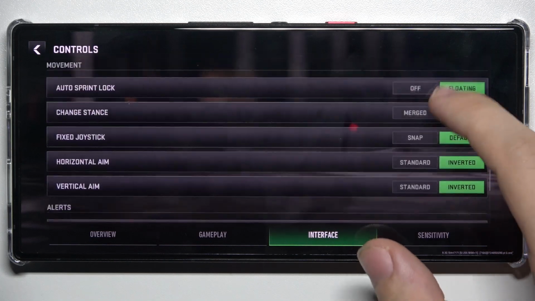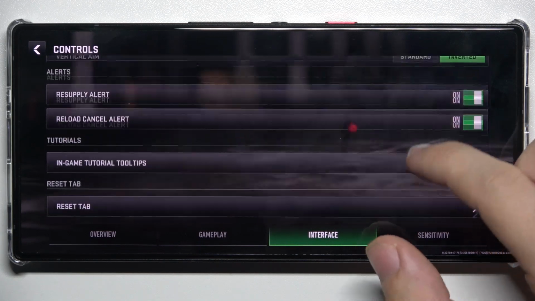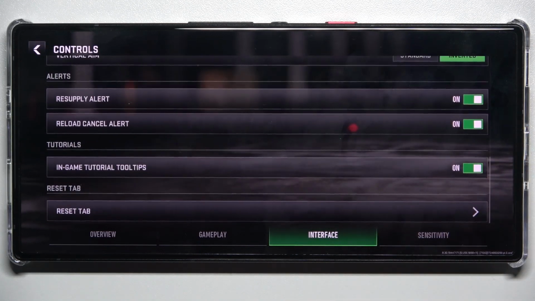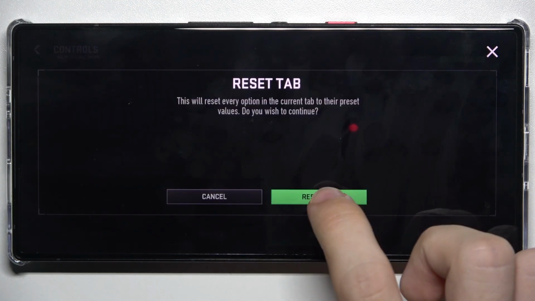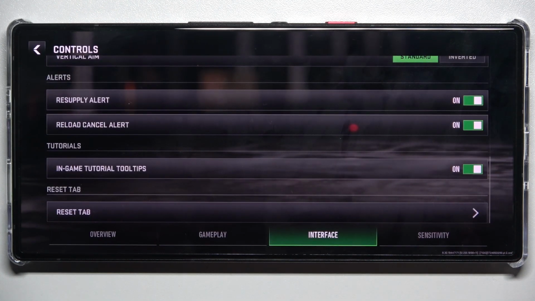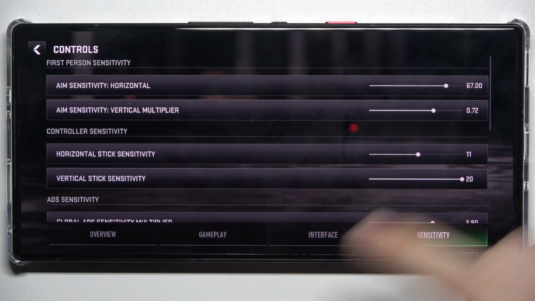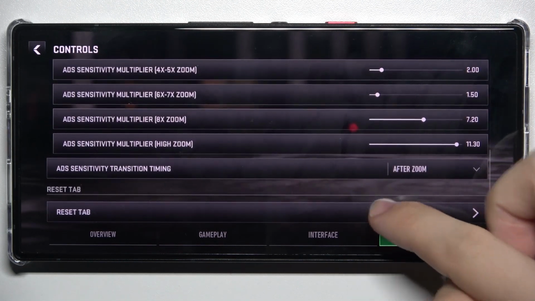interface, and if you want to reset it, scroll down and click on reset tab, and now it's reset. Let's go to sensitivity and do the same, reset tab,